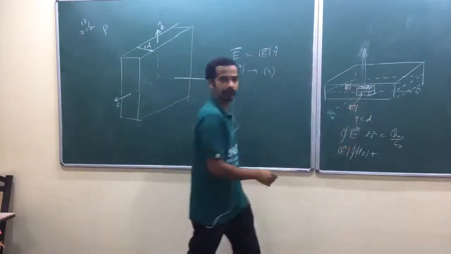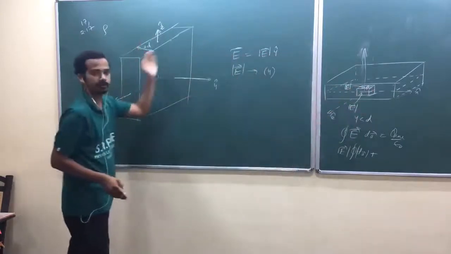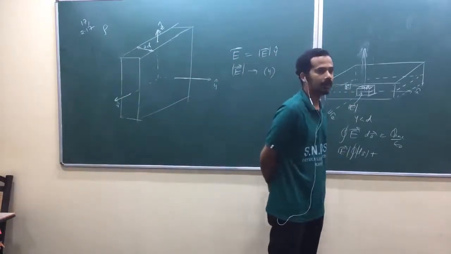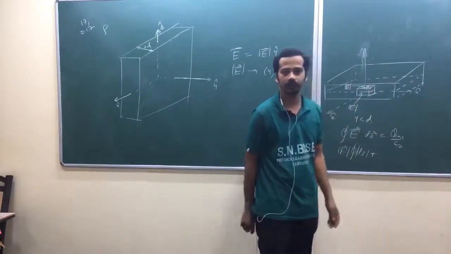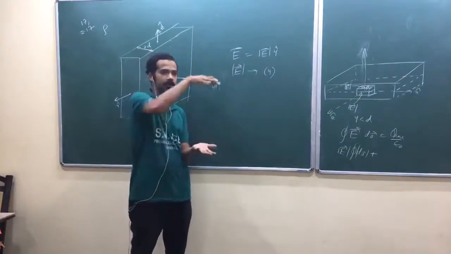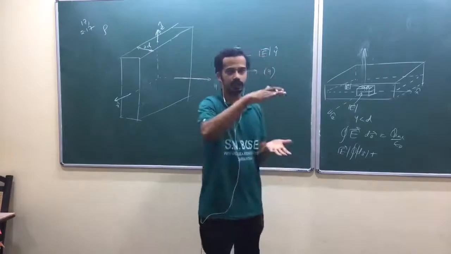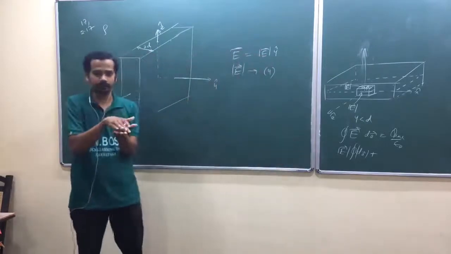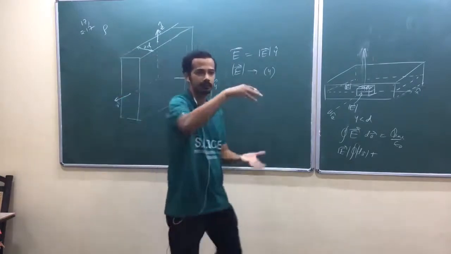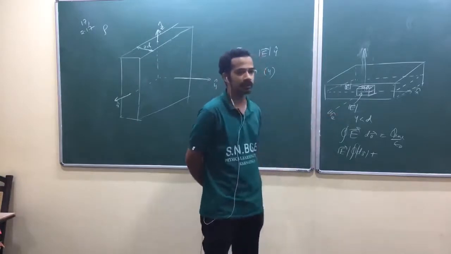But what he has done is he ran that below surface on the xz plane, and he argued that on that plane the electric field is 0. Is that okay? But I'm going to take the earlier idea. Earlier we had an infinitely thin plane, am I right? We ran our Gaussian pillbox just above and below. And what was the argument? If that Gaussian surface is symmetrically raised above and below, then the magnitude of the electric field above as well as below the surface should be the same. That's what we have taken. I'm going to take the same idea here.